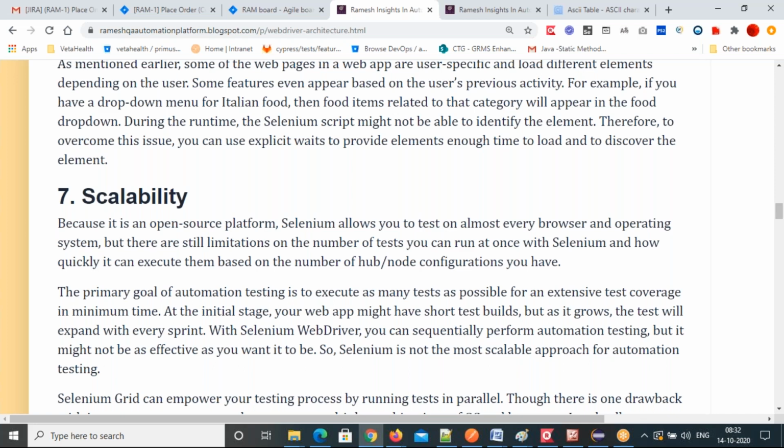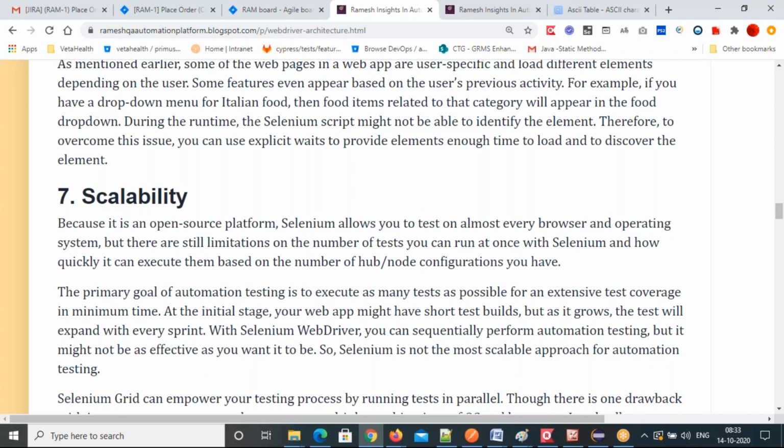Selenium Grid has two components. One is the hub, another is the nodes. A hub is an admin server and a node is a managed server, and you can configure all the nodes with your admin server.